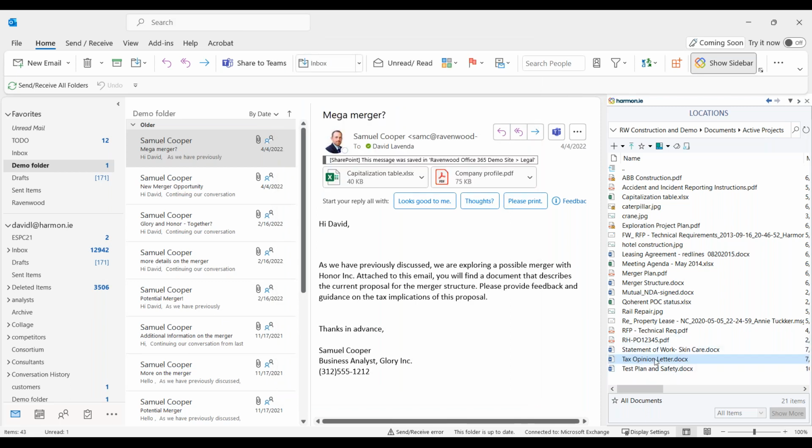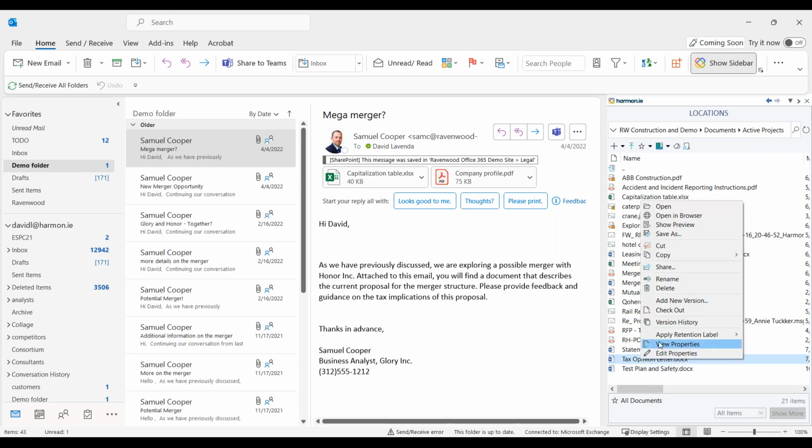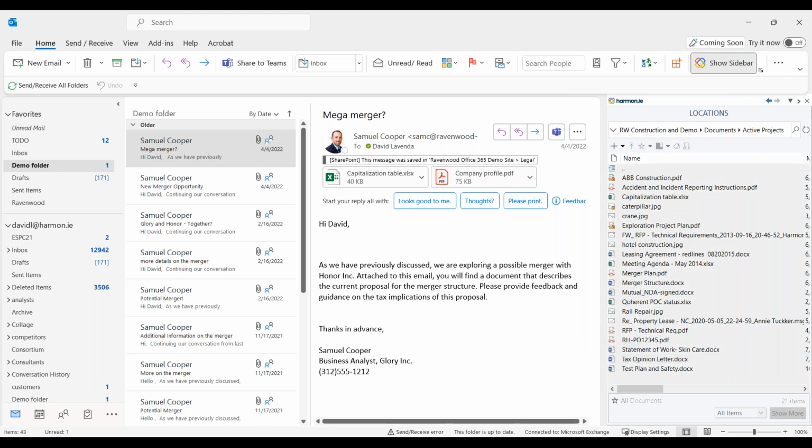You take advantage of Microsoft's capabilities for sharing. I can share links with people, and it's very easy to do right from here. Another thing you sometimes need to do is apply a retention label. This is becoming an important thing for compliance. Regular business users don't really know about compliance, often don't care about it, and allowing them to do something super easy by setting that retention label here, without having to go out and do it in the native interface, is a fantastic way to save people a lot of effort and time